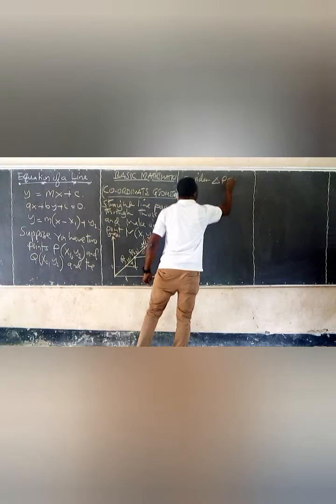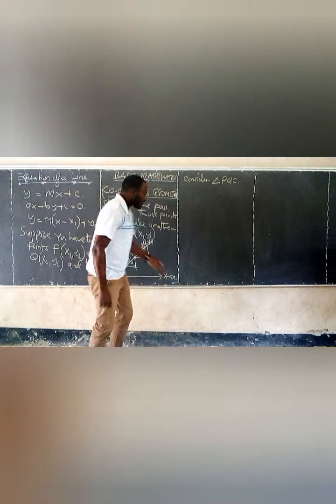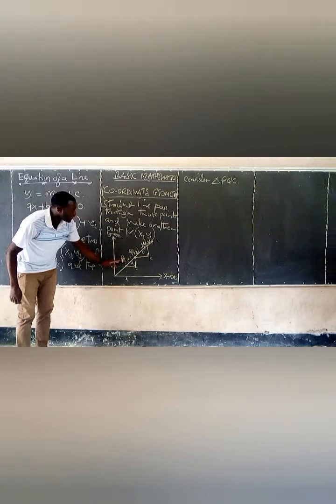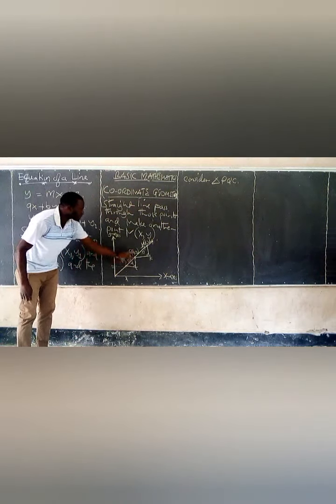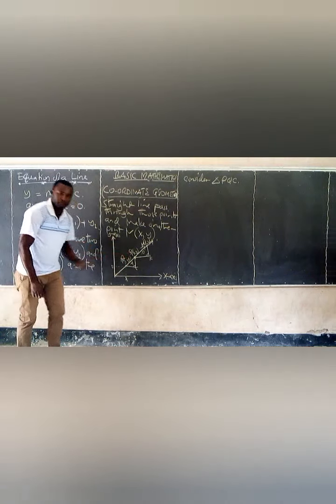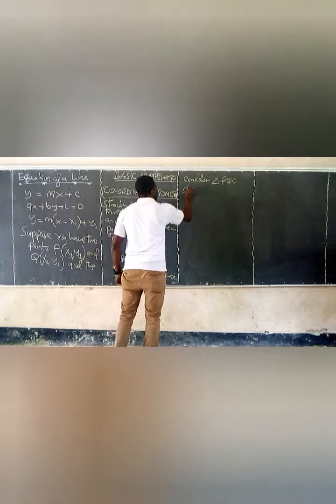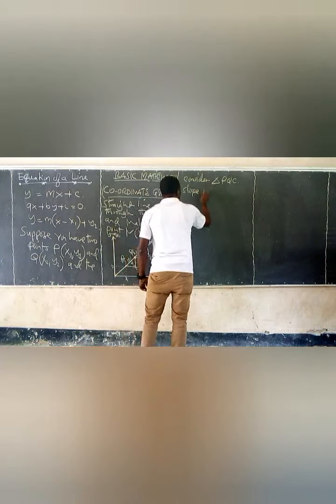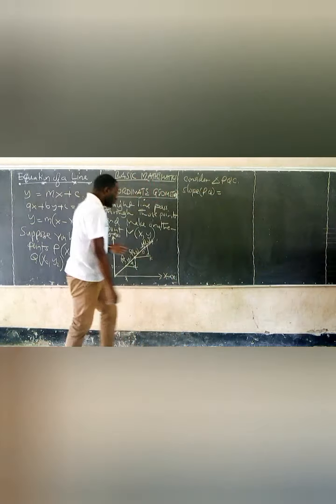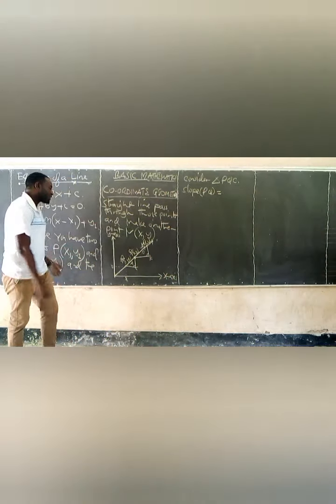Triangle PQC. After letting triangle PQC, we are going to find the stiffness of the line from P to Q. When you say stiffness, that means the slope from line P to Q. So we say slope P to Q. This is equal to, in order to determine the slope, we are supposed to take